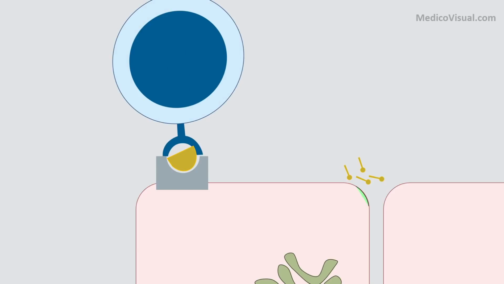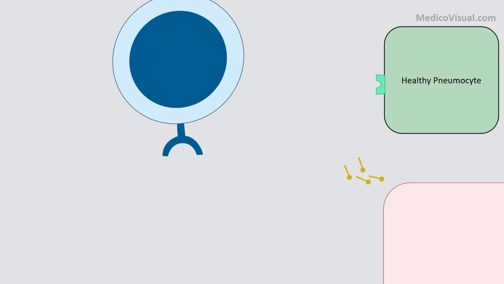So it will throw the granzymes or perforins and it will destroy this cell. And what about these spike proteins that are created? They may flow through blood and go to a healthy pneumocyte, but can they infect a healthy pneumocyte? Unlike the coronavirus particles that may inject their genome into a healthy pneumocyte and infect that pneumocyte, the spike protein,